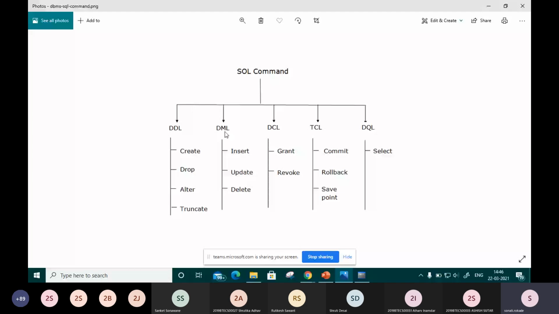In DDL we have seen the create table, drop table, alter and truncate commands, and in DML we have seen select, insert, update and delete. Merge is also there, but we will check it at the time of joins. Is there any query here?